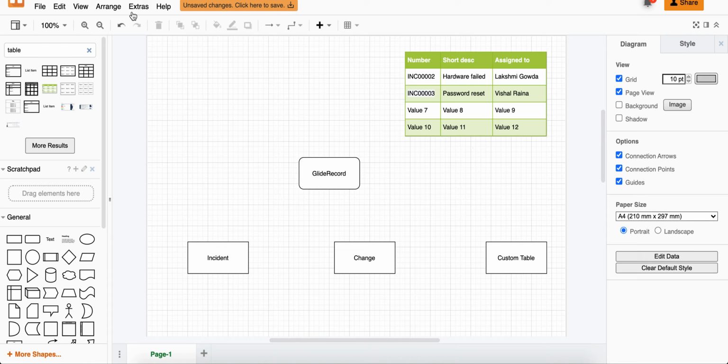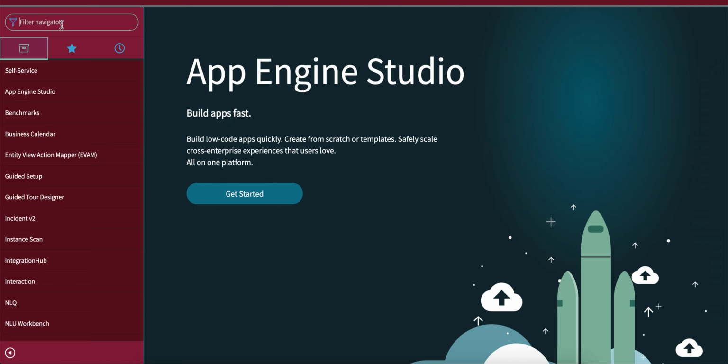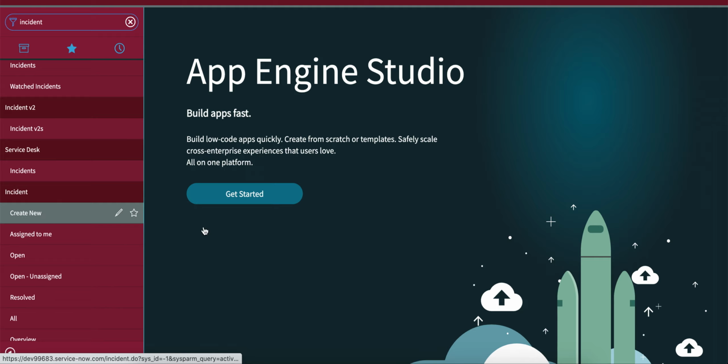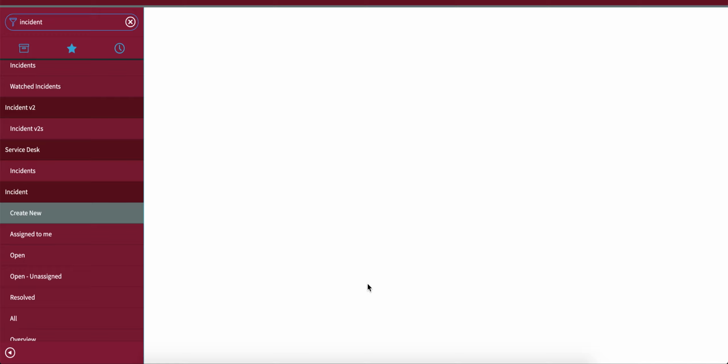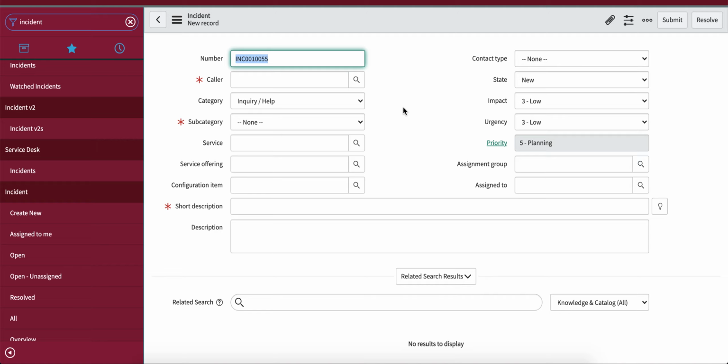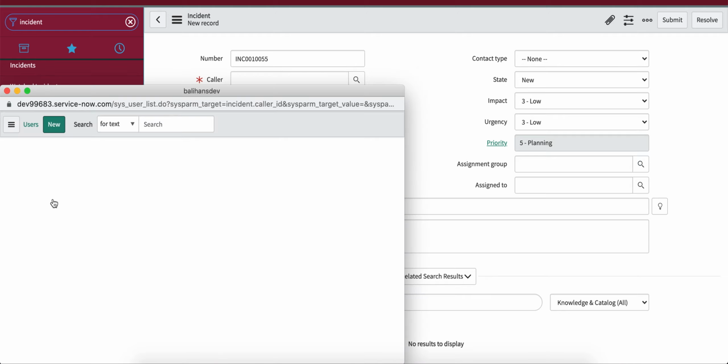which we see in the form. So if I jump back to the ServiceNow instance, and let's say go to incident, and let's open a blank incident form out of the box, waiting for it to load. Okay, so this is just a record out of hundreds and thousands of data that can reside in the incident table. So for the sake of understanding, I'll just go ahead and fill up